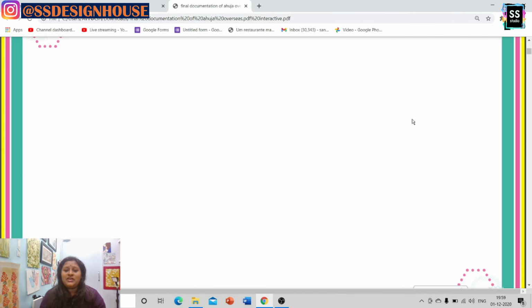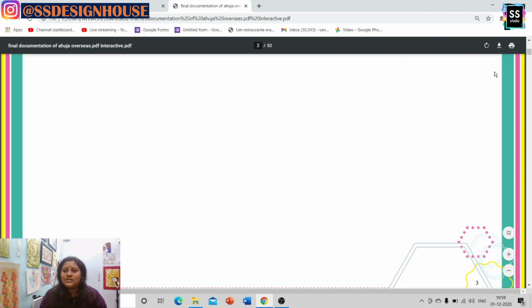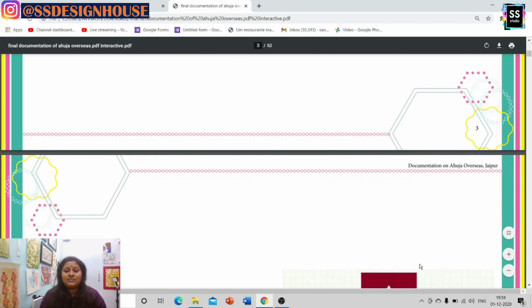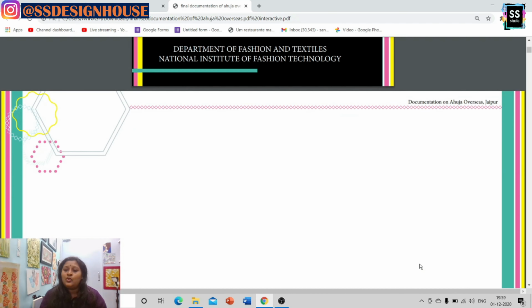The document's second page is usually blank because when we open any magazine or any book, you can see that there is nothing on the second page. It is for balancing. So I have kept the second page blank, and you can see the stripes and this design. This is my basic layout. You can always make a basic layout of your document, which is very professional and aesthetically appealing too.